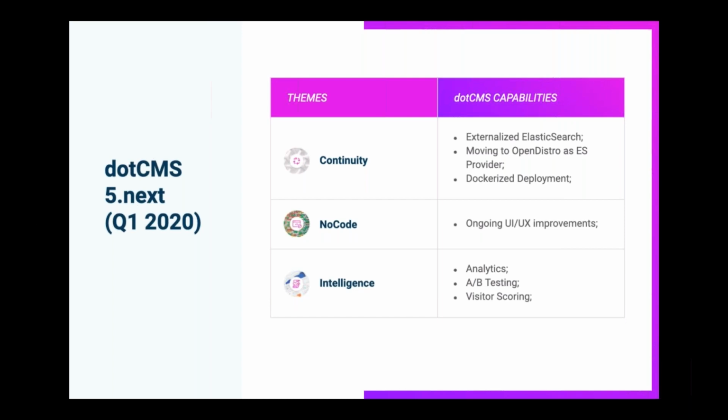We're also moving to the open distro of Elasticsearch. This is Amazon's distribution of Elasticsearch that's licensed under the LGPL, an open source license. This is an important piece. It's fully Elasticsearch. It's 99% Elasticsearch. They have added some management features and permissioning on top of it, because elastic.co has closed sourced those.